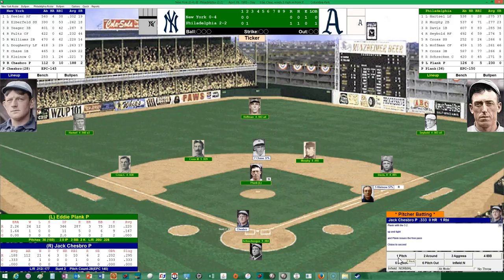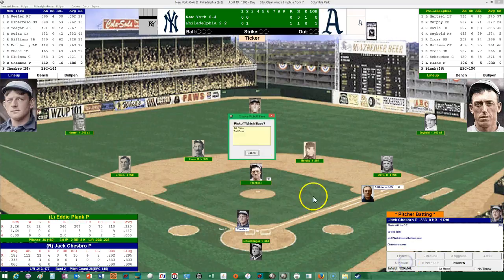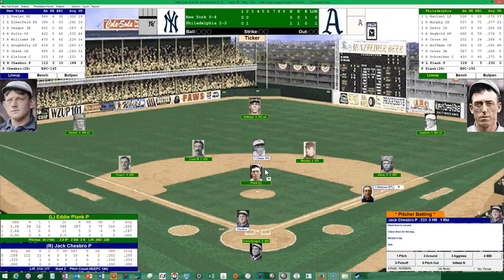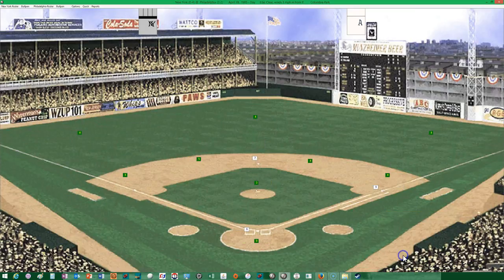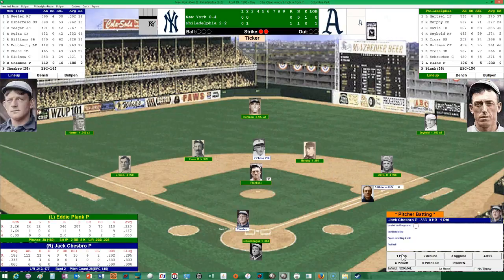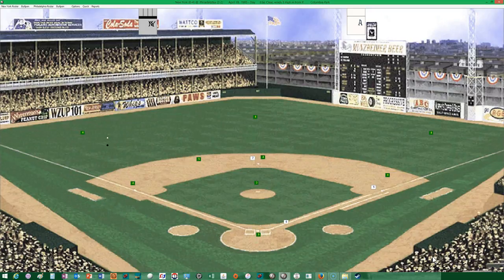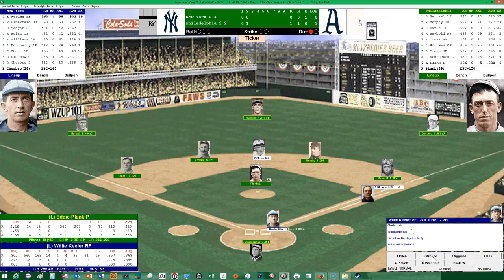Let's see here. All right, pick off at second here. See if we get in behind him. And he's back safely. All right. Plank looks in for the sign, winds up, and the pitch. He's got the gun to bunt, and it goes foul. So we'll try a little pitch around here, see if we can get him to bite. And it's a line drive. They took the bunt off to Hart, and Hartzell makes the catch for the first out. Played him perfectly. All right, 1 down, and runners on first and second for the top of the order,